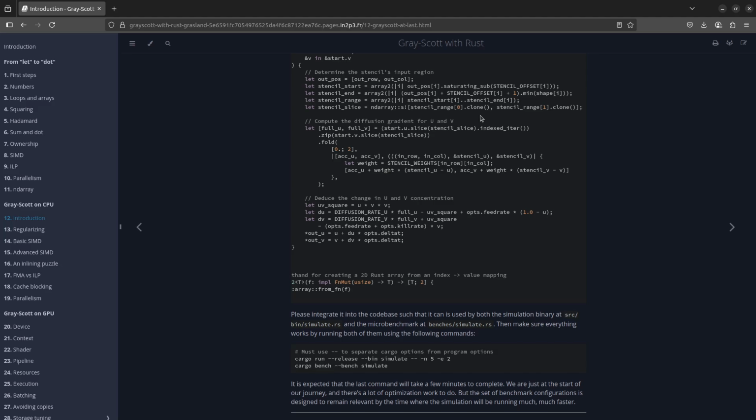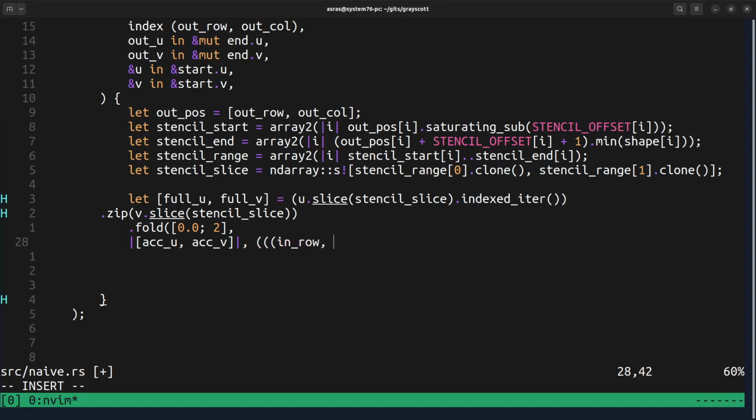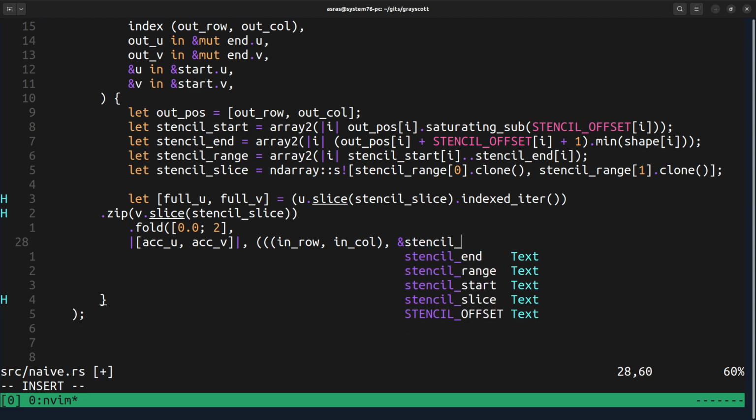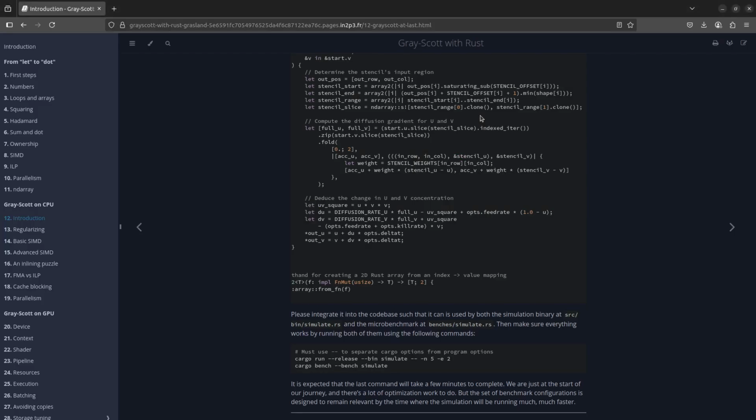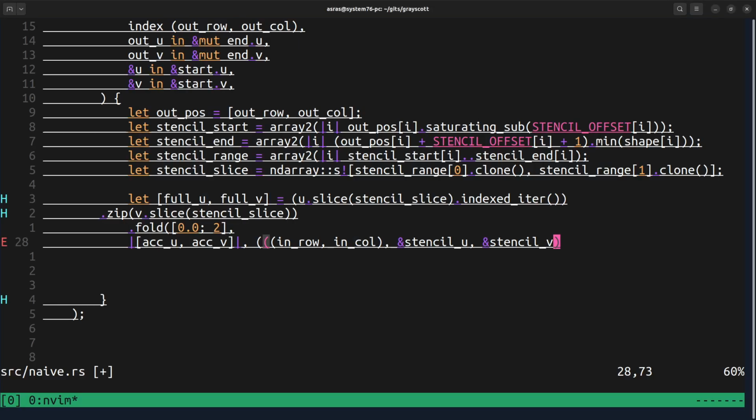All right, so what is happening here? In row, in column, stencil U, stencil V, and